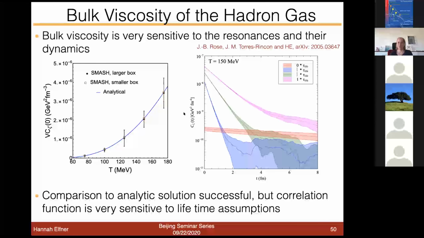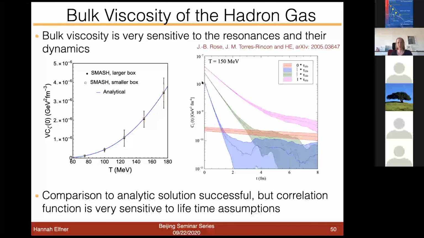And this is indicated, again, the left-hand side indicates a baseline check to analytic calculations where possible, a simplified system. The right-hand side is again a simplified system, but this is the correlation function now for the bulk viscosity, just to show you the vast difference it makes if you have different lifetime assumptions. So this is basically this stable rho scenario here. So you have almost no relaxation at all. So you have almost no bulk viscosity really that you can talk about.